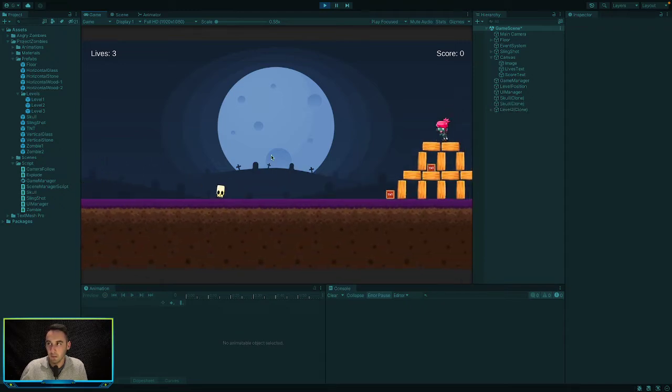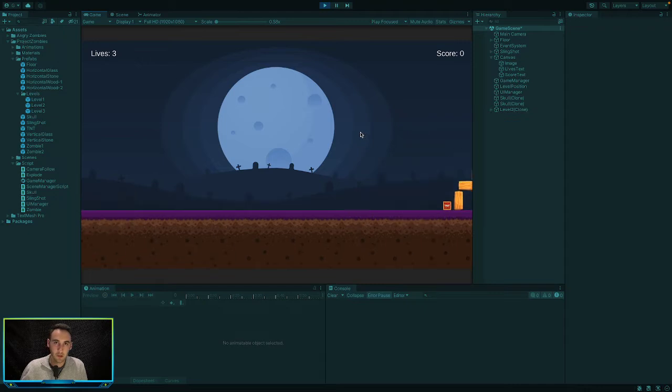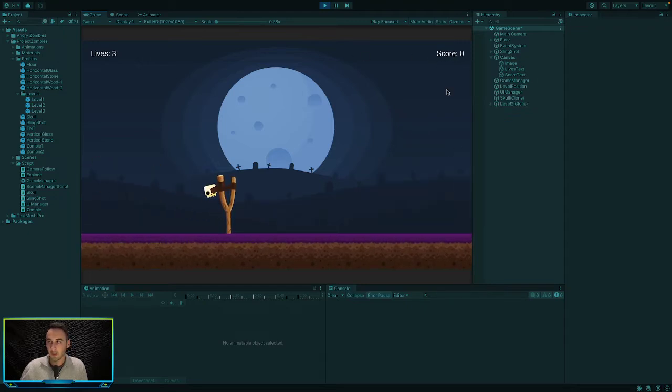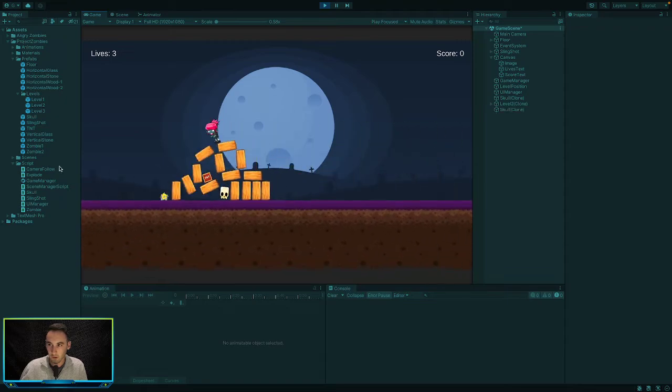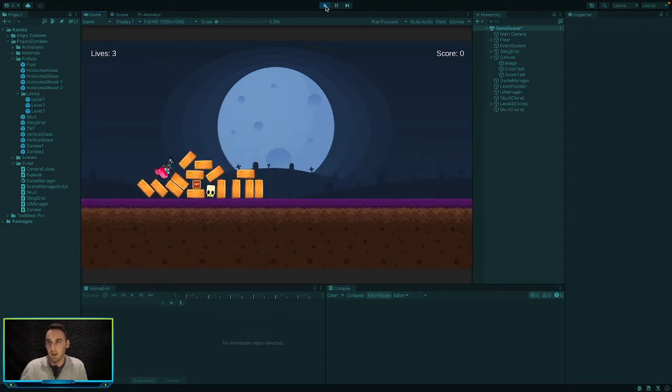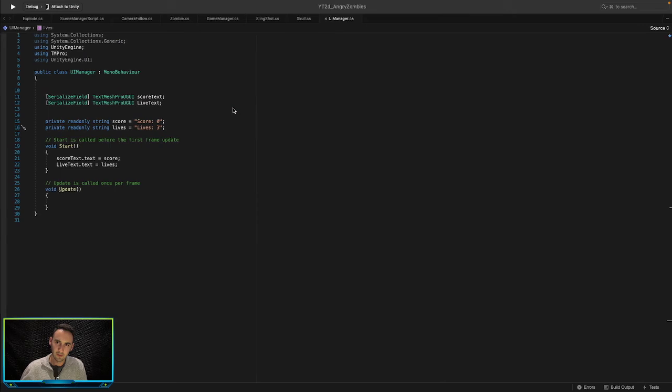So now as soon as we destroy a zombie, we want to add some points to our player, and then obviously increase the score count here. And then as soon as we launch a skull, we want to decrease one from our lives. Well, technically our lives is not really lives, so let's go ahead and change that. We'll change our lives to skull count text, because that's what it is. It's not really lives. So let's go skull count,